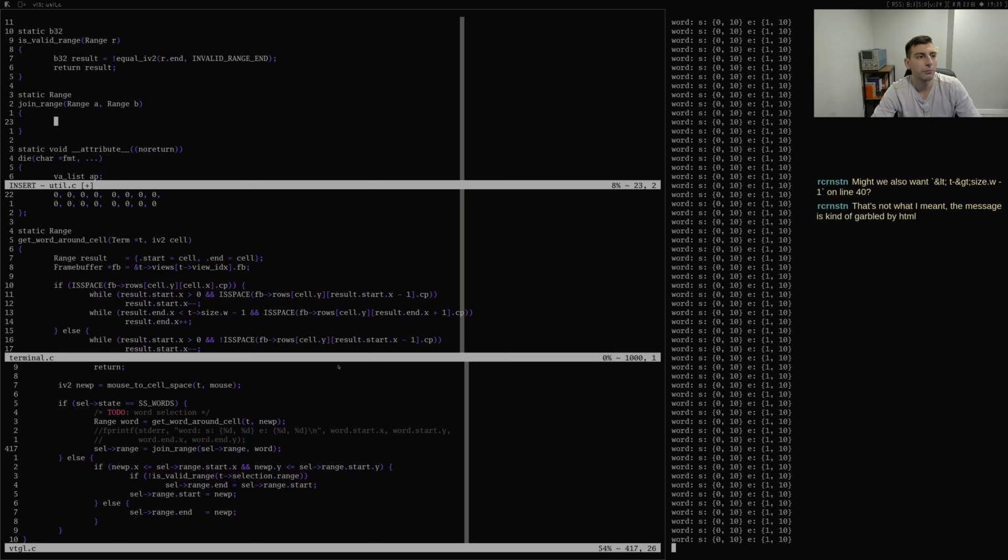I'm not sure how to. I'm going to write something really dumb first, and then I'll think about how I can simplify it after. So if A is not a valid range,